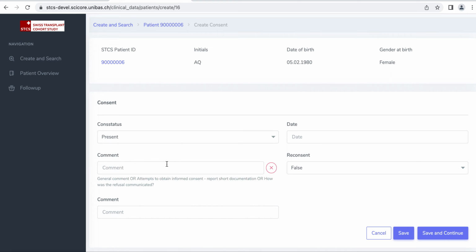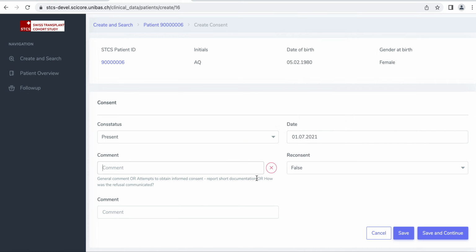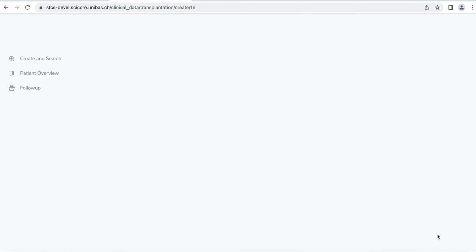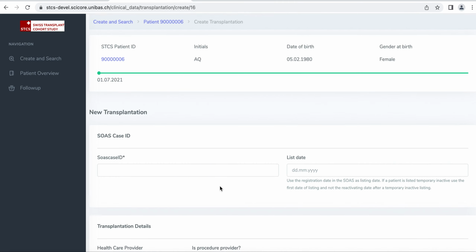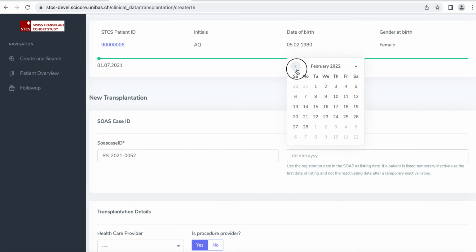So as an example, we enter consent status present, enter the consent date, a comment if any. We save and continue, and now we add the transplantation that actually caused the patient to be enrolled. We enter the SOAS case ID, the listing date,